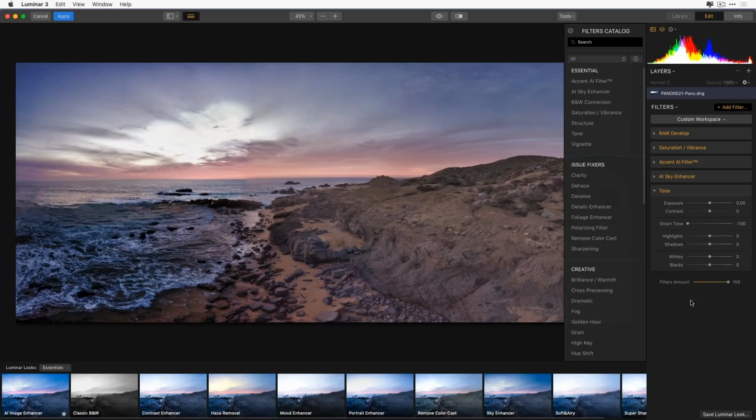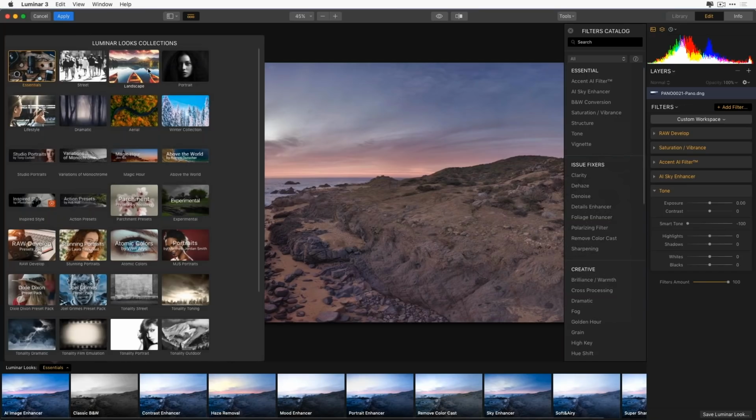Now, I'm going to cheat a little bit like they do on cooking shows, where you put it in one oven and you bring it out of another one. One of the things you can do in Luminar that's absolutely wonderful is once I develop this image, I can save it as my own personal look. So if I have other images I shot that day, or I really like this as a starting point, in addition to the looks that come bundled with Luminar, and you can see when you download it, you'll get these first 7 looks,